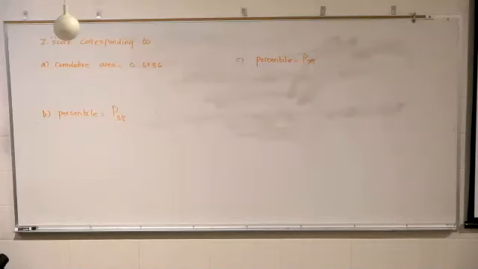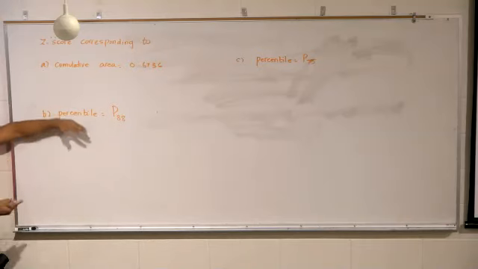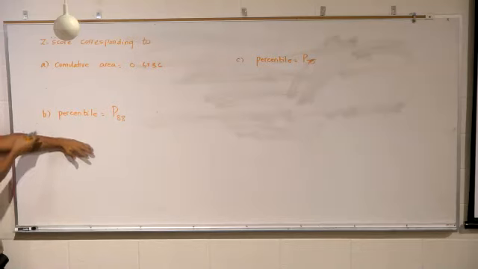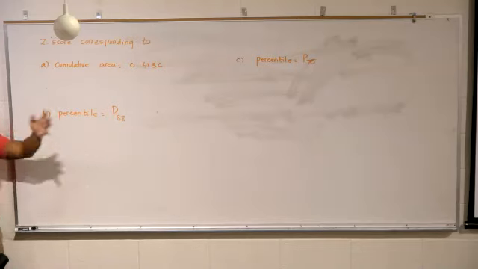So we want to find the z-score corresponding to the area percentile. The area is straightforward, but when we say percentile, we have to say which percentile and find the corresponding area. So